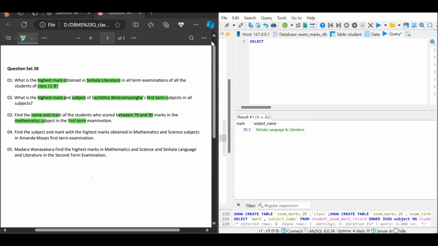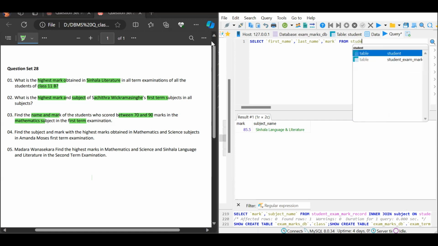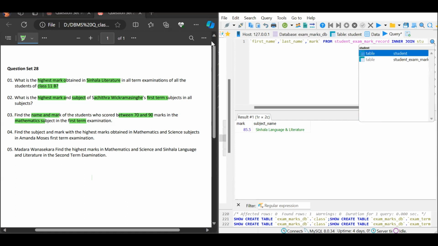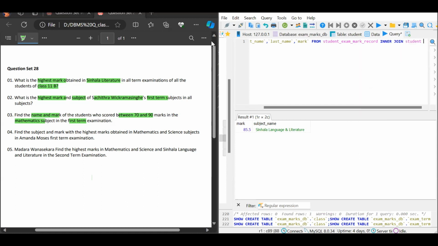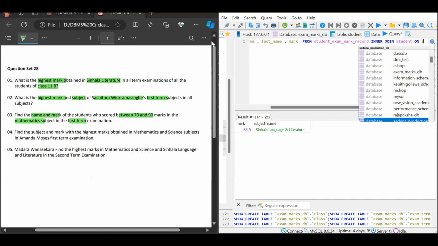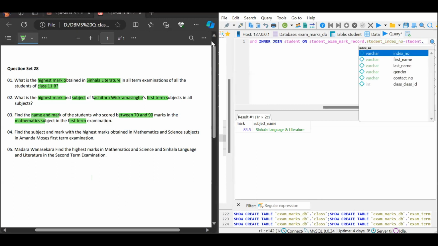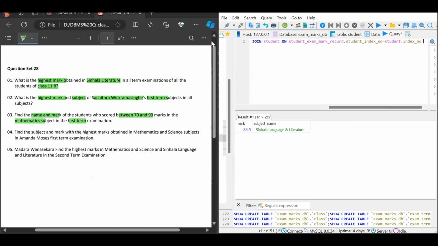Select, inside the question mark we can give the first name comma the last name, and again comma we need the mark also, and we can use the from keyword here. We can get this information from student exam mark record table, and we have to inner join the student table as we have to obtain the name of the student, and we can use the on keyword here, and student exam mark record table dot student index number equals to student table dot the index number, and then we can